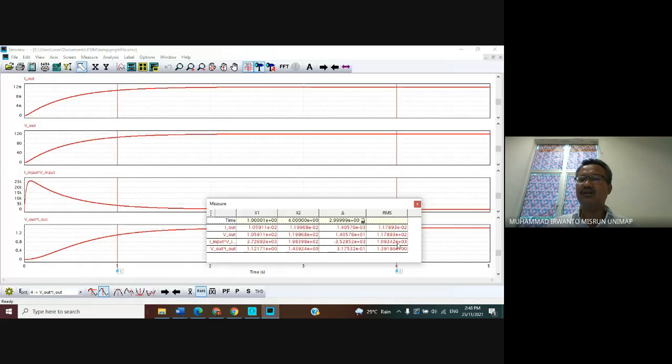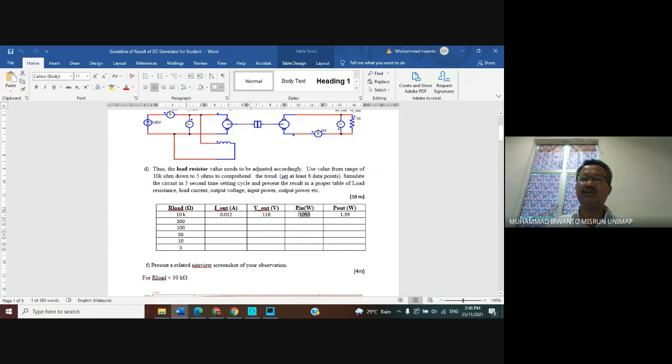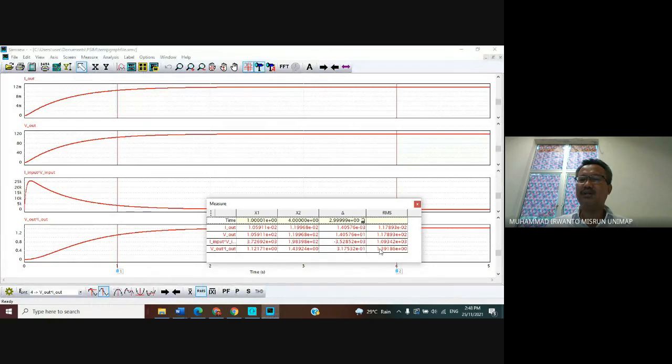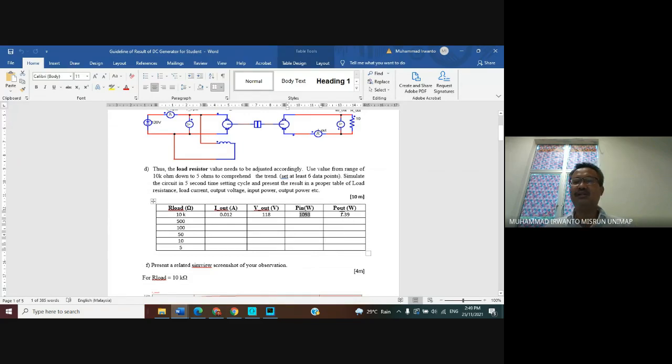Input power, this one is multiplied by 10 power 3, means 1093. You can type in this table 1093. And then output power is 1.39. You type in your table 1.39.